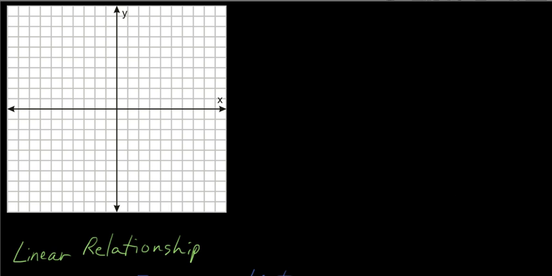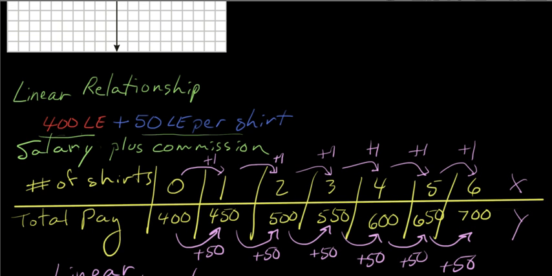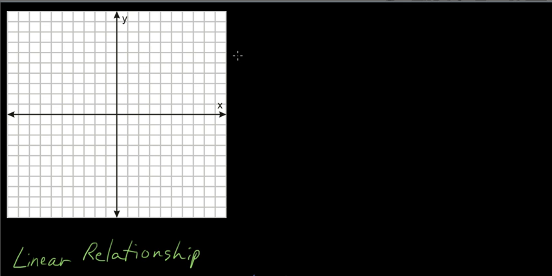Now, I want to graph these ordered pairs, okay? So I've got 0, 400, 1, 450. Let me see if I can duplicate that up here. I got x,